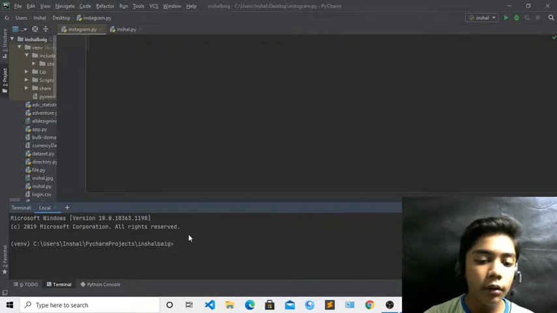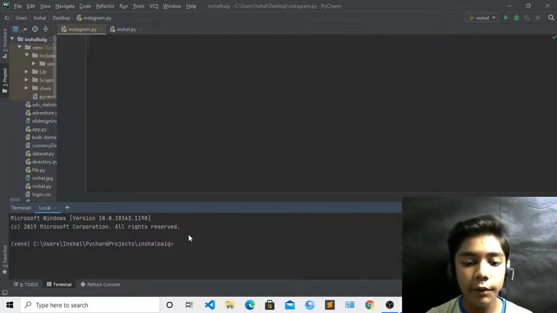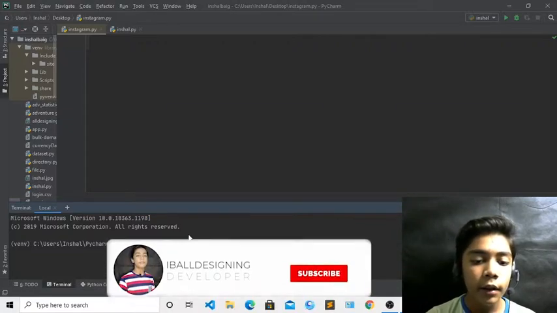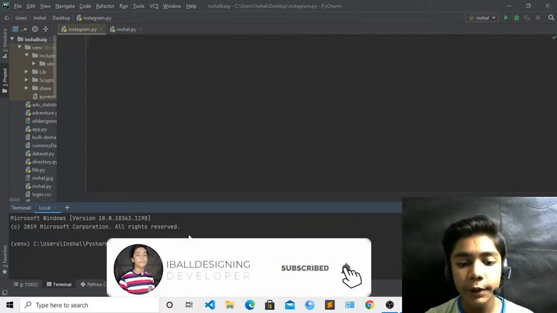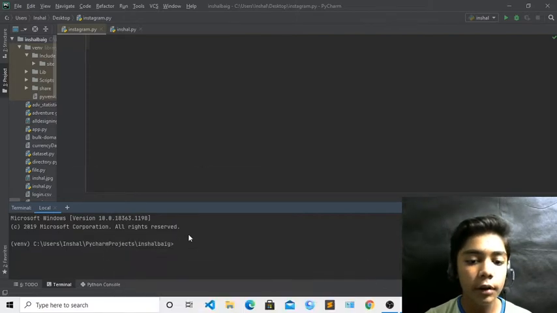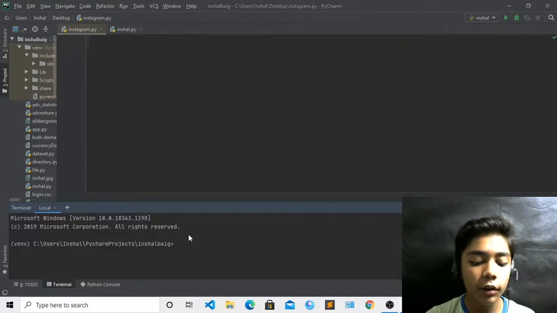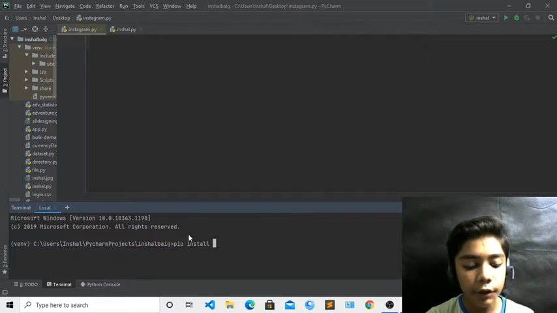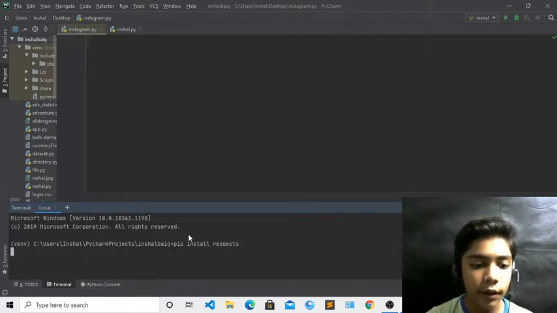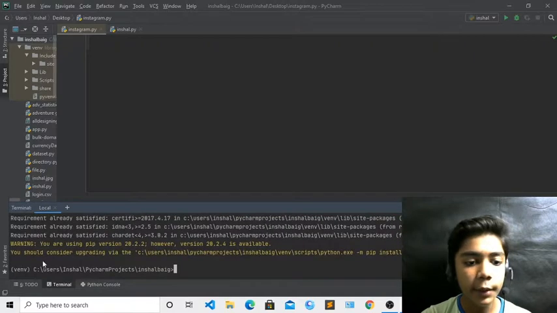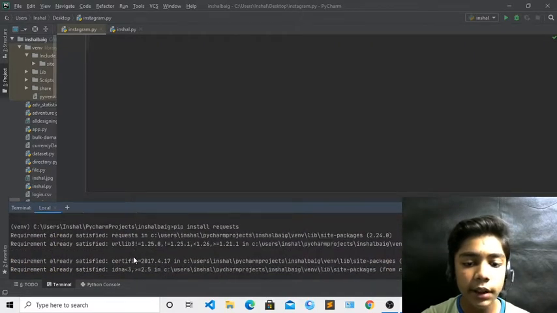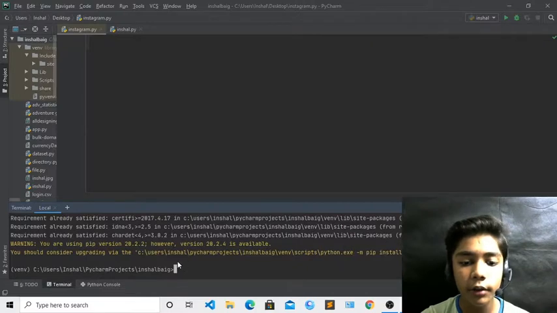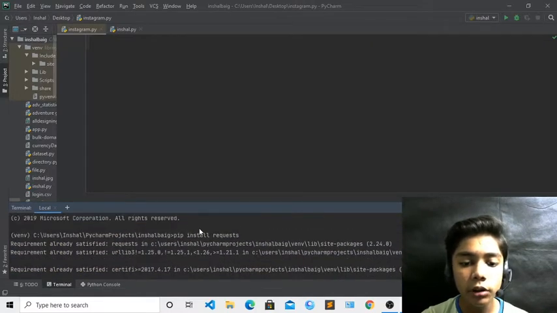I know that you all know, because we have worked with beautiful soup and requests many times. So today we will also work with requests and beautiful soup. For downloading, come here in the terminal and write pip install. First we will work with requests, so I will write requests and press enter. Here you can see requirement already satisfied. I have already downloaded it. If you want, you can also download from here.